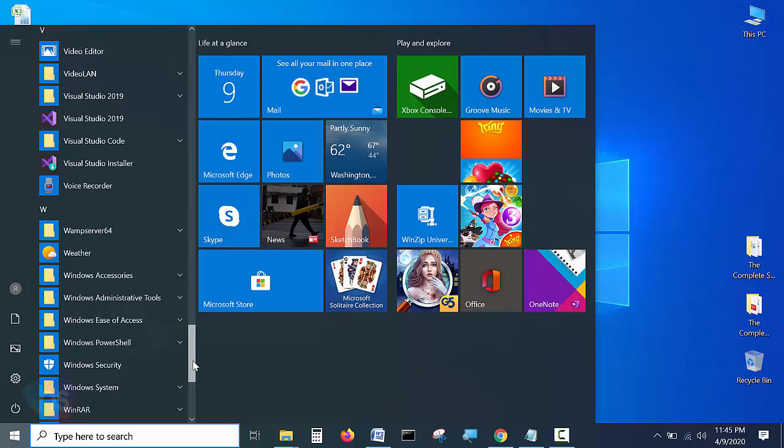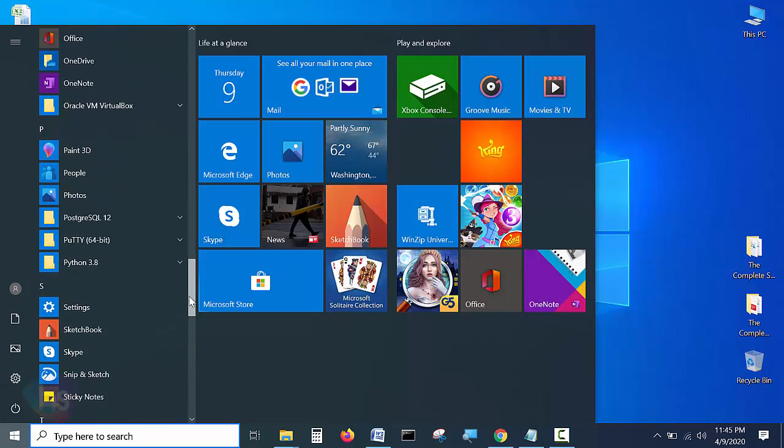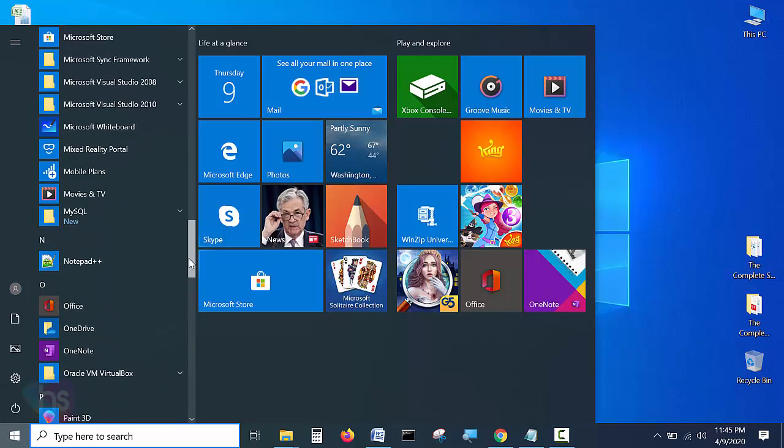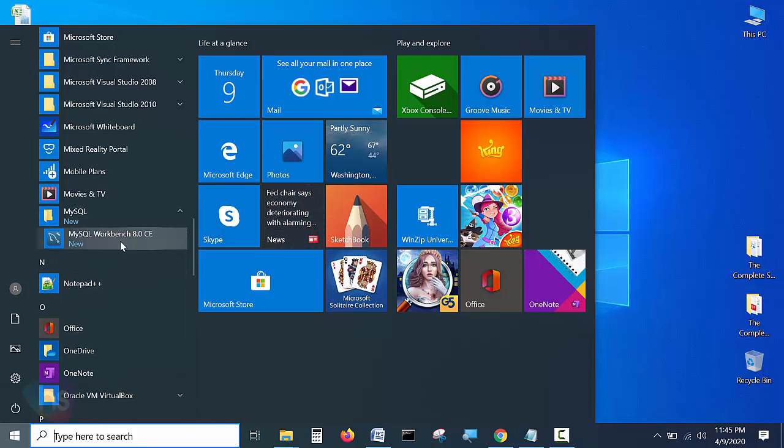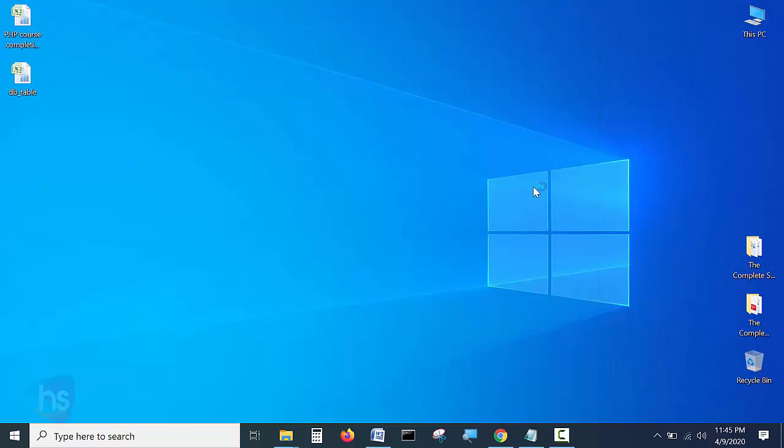Let me check. Yes, there is a MySQL folder. Expand it. Now see here, MySQL Workbench 8.0. Click here and it will launch the application.